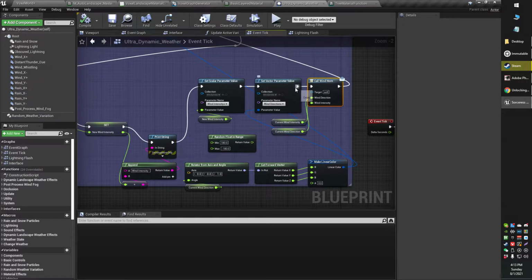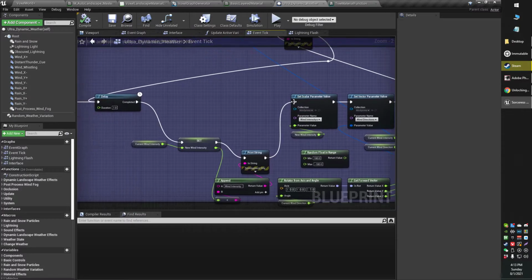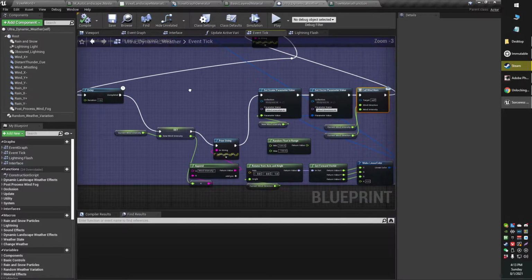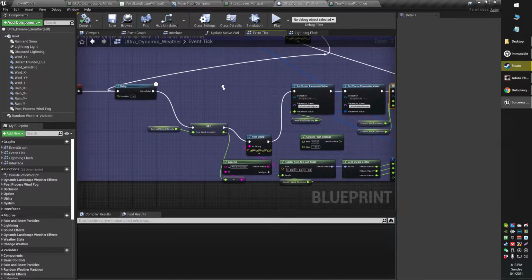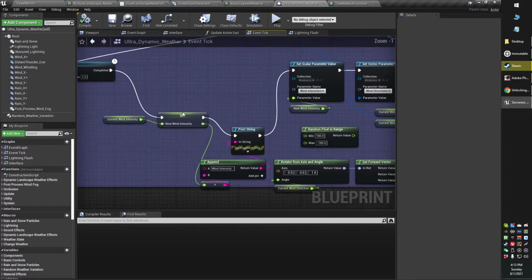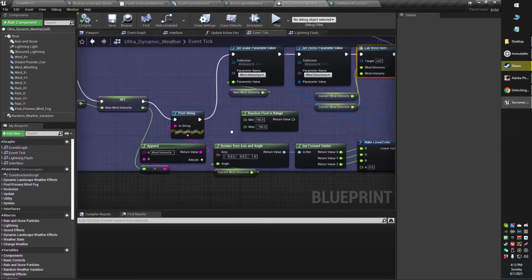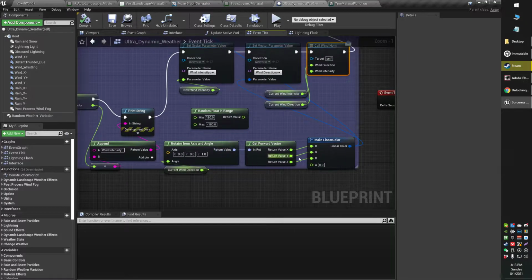So basically at the end, after this scalar parameter, you could just loop it back to the beginning of your delay, so that this much loops over and over again. So yeah, like I say, event begin play, delay, set the new wind intensity, and then what we need are a couple of things to get the direction that the wind is blowing, because